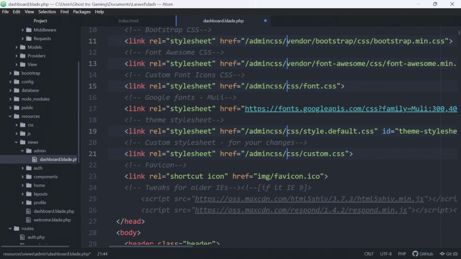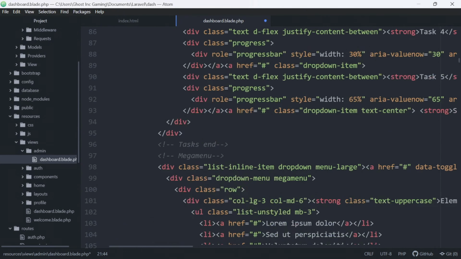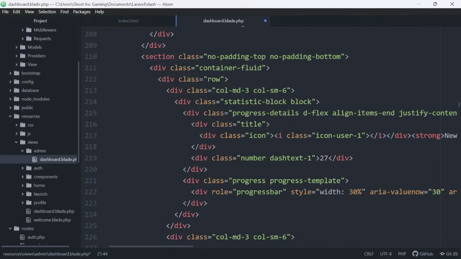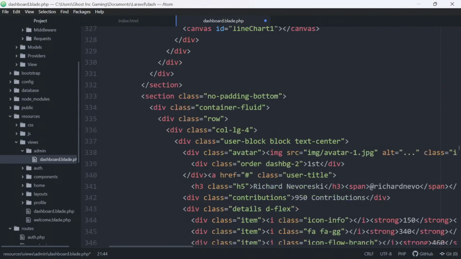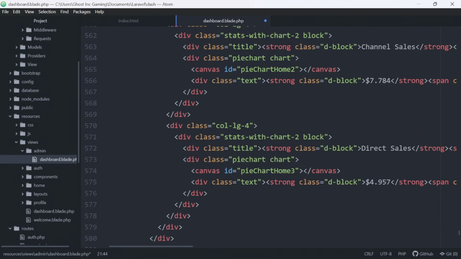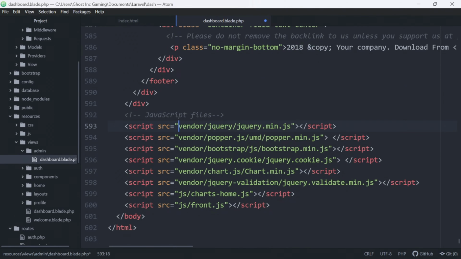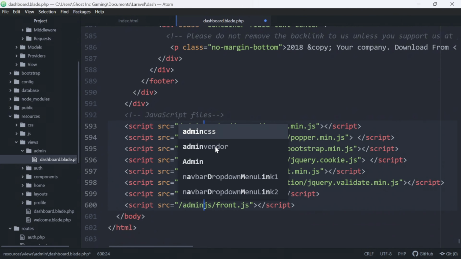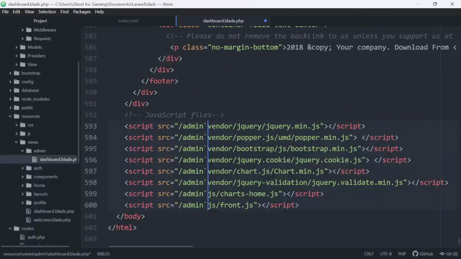Then we make sure that we do it the very same way for even the files at the bottom. So I'm just going to do that as well for all our files at the bottom, or all our links at the bottom, which are 1, 2, 3, 4, 5, 6, 7, 8. So admin CSS,